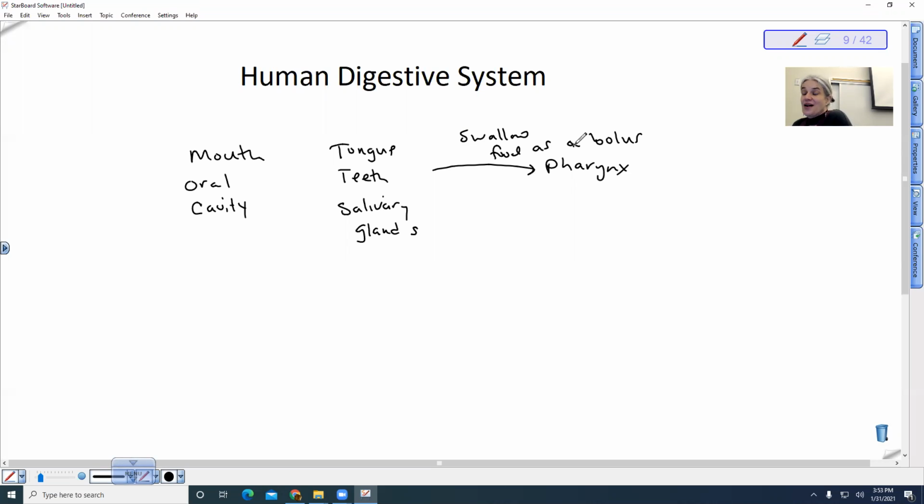If we're drinking water, it also has to close off the trachea. This bolus of food is important because the valve that controls what goes into our trachea versus our esophagus is a mechanical valve. So this pharynx can be defined as a common opening